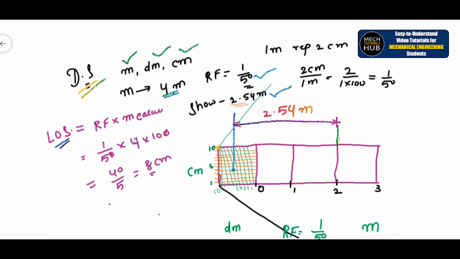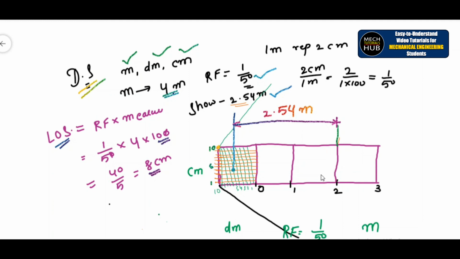What I said in the beginning is that whatever the values out of the range I have given, from millimeters to kilometers, if the units given are within that range, try to convert them into centimeters, because the scale we are using can read centimeters very easily. So after calculating, we got a value of 8 centimeters. So draw a length of 8 centimeters, the overall length is 8 centimeters. Then try to divide this into 4 parts.